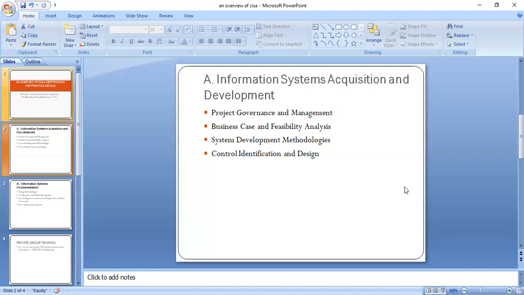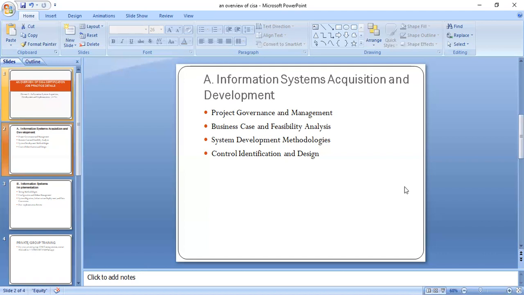Then we need to do feasibility analysis. Okay, is it even workable? Is the project going to add value? Is it economically feasible? Is it technically feasible? So all those considerations must be made, especially when you are looking at the system development life cycle, starting with the project feasibility study. Go or no go. Before we start even looking at gathering requirements, doing design, looking for a vendor, does it make sense to go ahead? That's the project feasibility study.